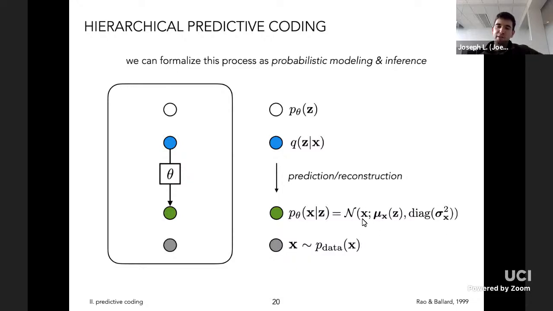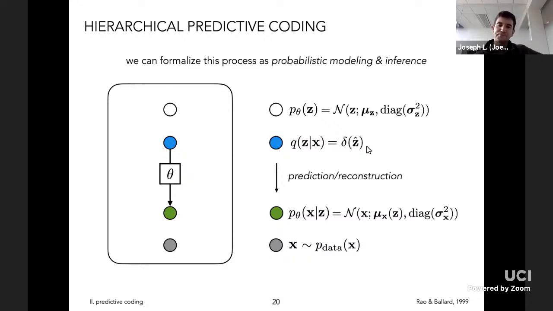And in particular, there's a Gaussian distribution over x with some mean mu x, which is a function of z. And then we're going to have some diagonal, so some independent covariances here over the dimensions of x. And then we're going to also assume that the prior is a Gaussian distribution, with some mean and variance. And then finally, just for simplicity, for the sake of getting through this example, we're going to just consider q of z given x as a delta distribution. So it's just a point estimate of the maximum a posteriori, or just the most probable estimate of z,